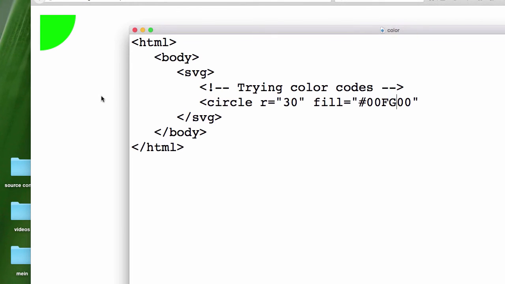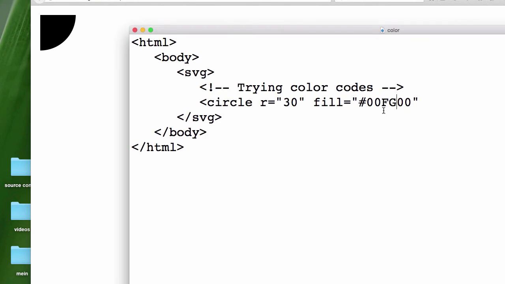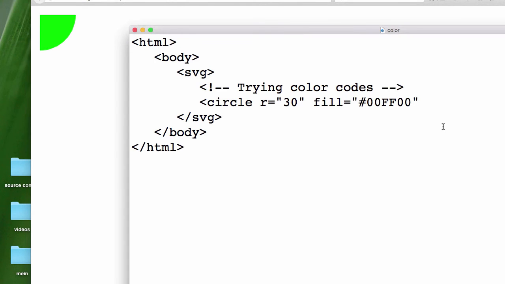FG wouldn't work because G is after F, and it gets confused. So FF is fine, FG not fine. Now if we want to mix them to get other colors, like we had said that red plus green equals yellow, well, we have green at FF, and we have red at 0. So let's make red FF, and Command S for save, and if we refresh it, now we have yellow,